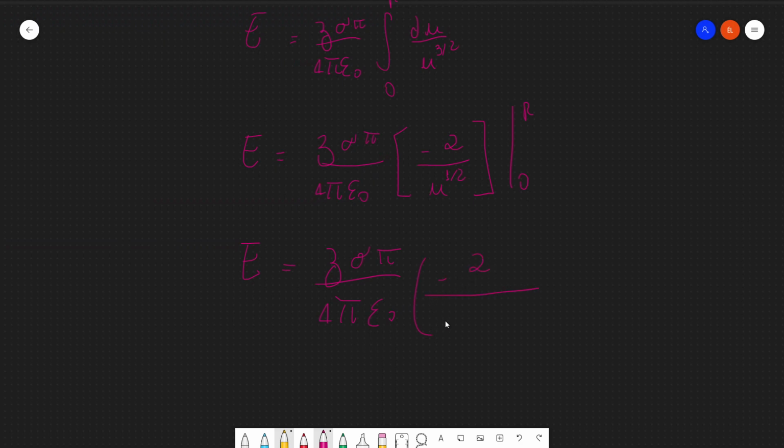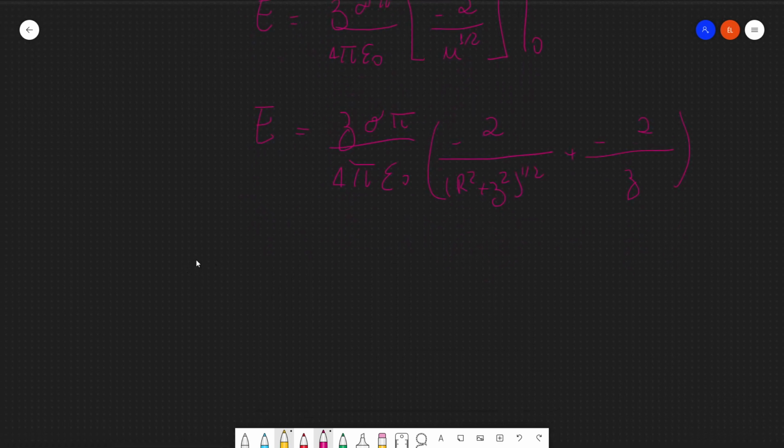But then we're plugging in the values already, so this is going to be r squared plus z squared over half. Minus with minus becomes plus. Minus 2 over 0 squared is 0, so the square root of z squared is just z. So we can rewrite this as E equals z sigma pi over 4 pi E0, and then this just becomes